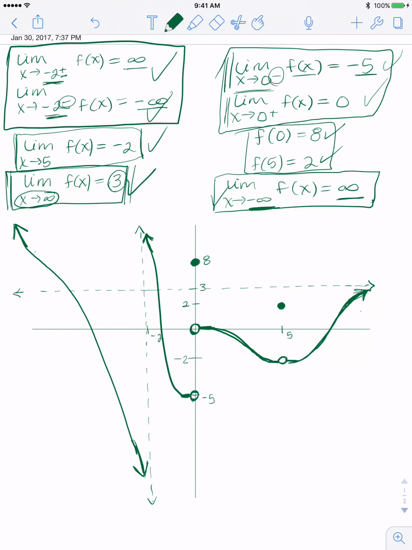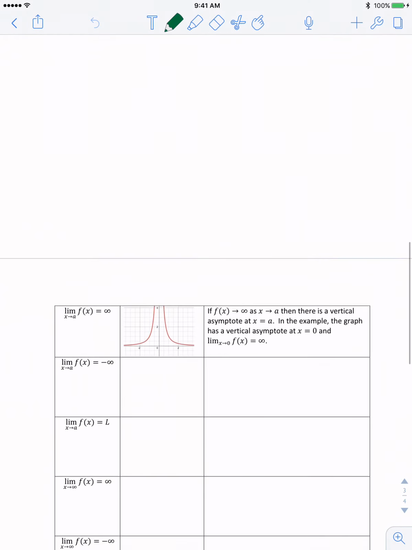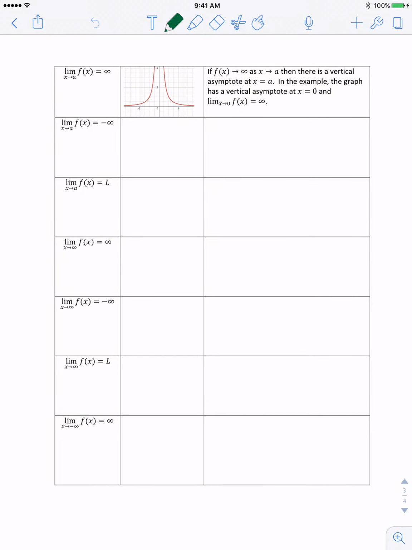Awesome. I also want to go through one more example of this table. And notice whenever you're doing this, you can make a and L any number you want. So I'll go through one more example with you guys. Notice I made a in this example 0, right? So here